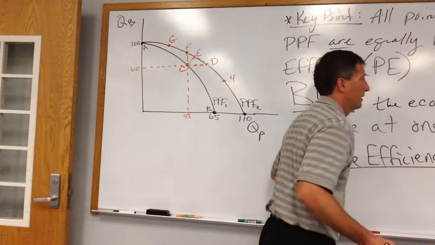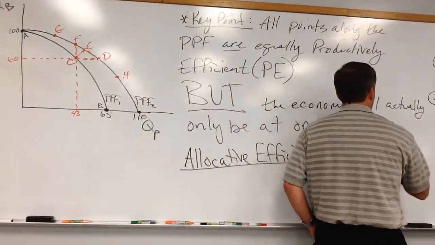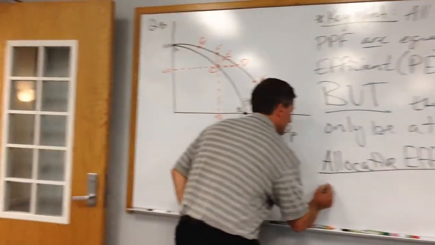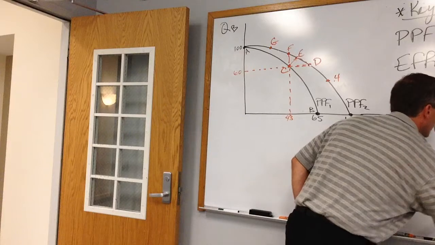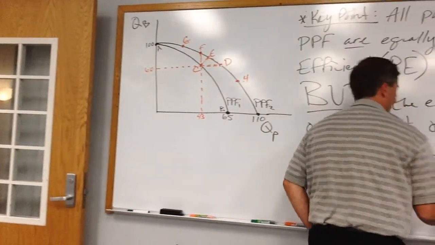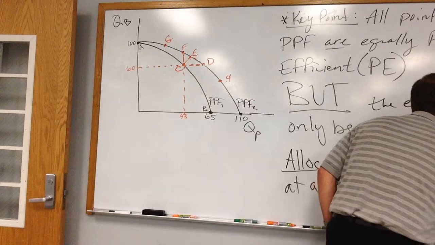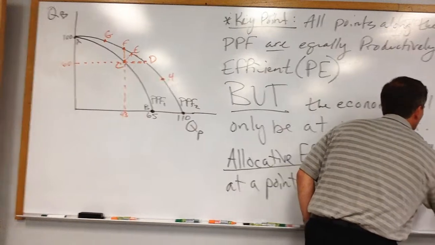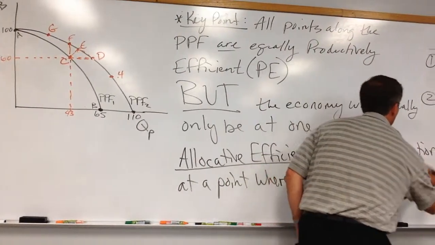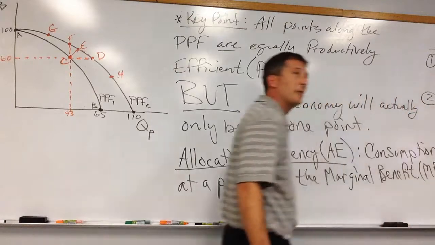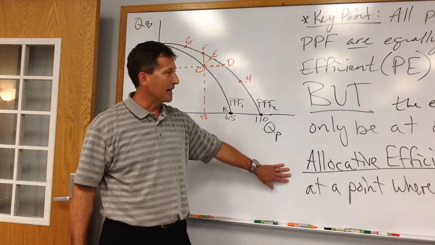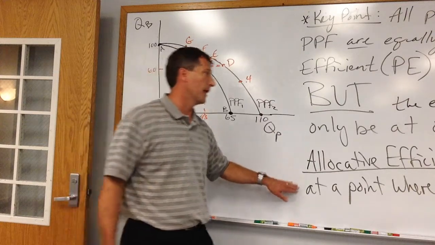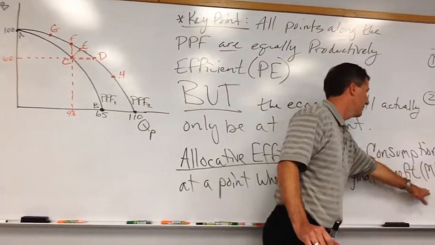Allocative efficiency is consumption at a point where the marginal benefit, which is where we bring in consumer preferences, which we'll shorthand with MB. Some of you might have seen my sign out front that I'll explain in a little bit with my lit sign. Consumption at a point where the marginal benefit